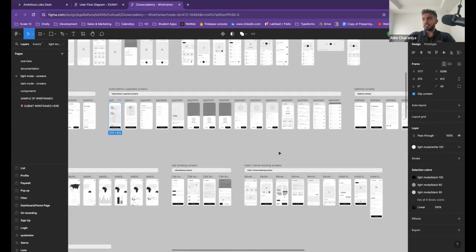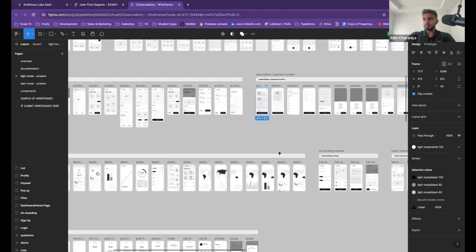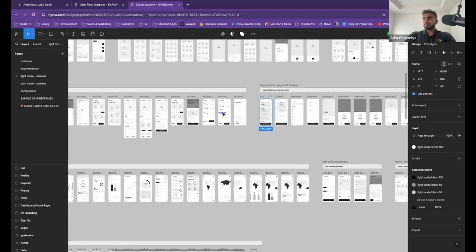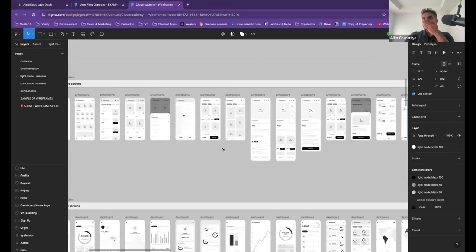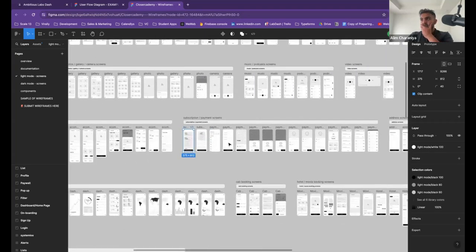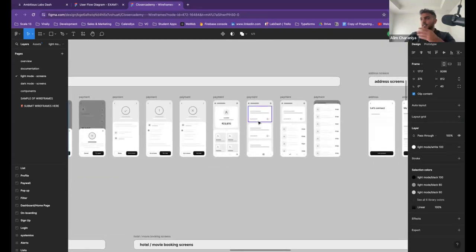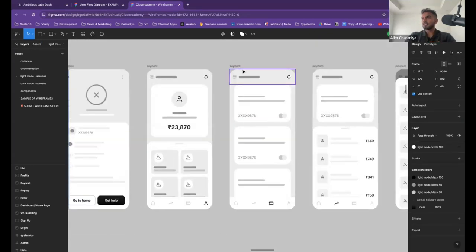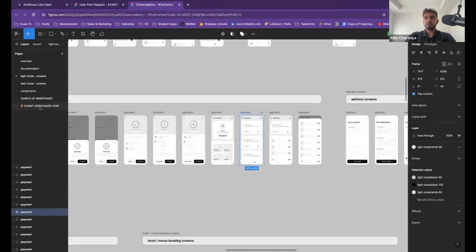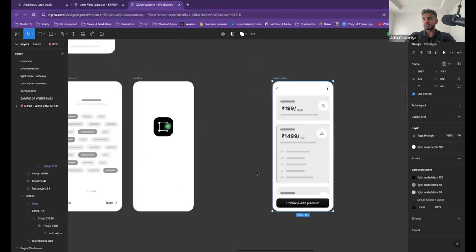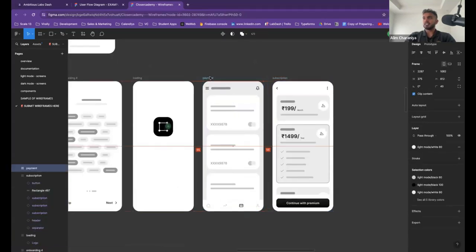And the one that I really like right now that's sticking out to me is kind of this guy. It's a payment screen. I know they're all cards, but I think that could actually be kind of cool. Let me show you what I'm thinking. So what I'm thinking here is I can add a screen that says like